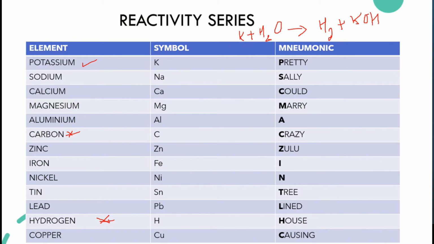Then carbon. Carbon is a non-metal. The importance of carbon lies here: for the elements which are below it, like if we take Zn, then ZnO reacts with carbon and it can form CO and zinc. So if we have to extract the metal from a metal oxide, then the elements which are below carbon can be extracted from their oxides using carbon.